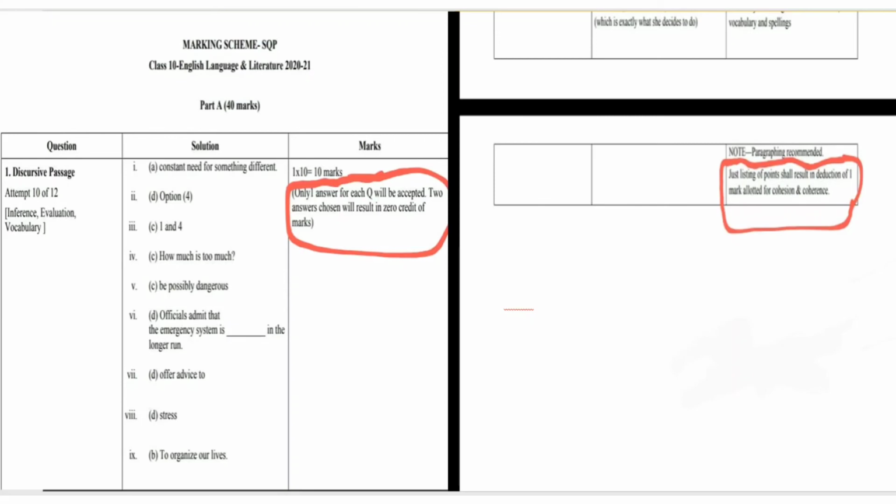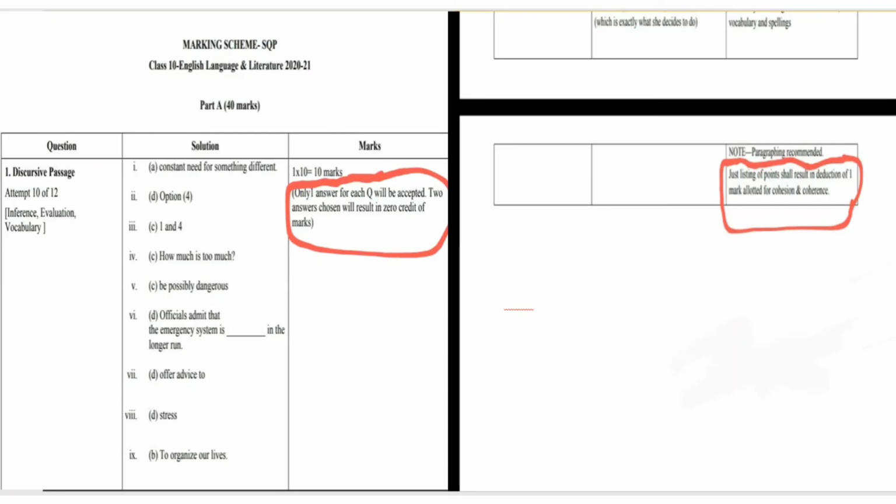You can see that if, for example, you have 4 options A, B, C, D, and you are not sure about the option, you think that okay, I'll select 2 options A and C, let me see whether the teacher gives me marks. No, the teacher will not give you a single mark, because see the sentence they have written: you have to select only one option. 2 answers chosen will result in 0 credit of mark. So don't be over smart and select 2 options, you will get 0 marks. Even if one answer from that is correct, you will not get marks for that. So be very particular about selecting only one answer which you feel is sensible. Okay, that is a very important point that I wanted to highlight.